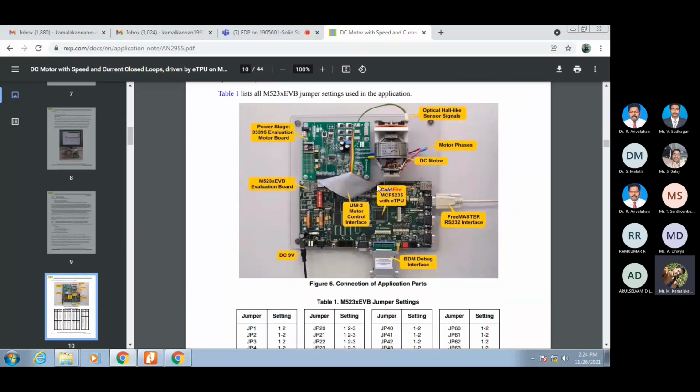So see, this is how the real-time practical is happening. This is the DC motor, and these are all the phases that are given to it. If we need the armature-based control, from the optical sensor the speed is getting manipulated. This is the outermost speed controller block, and we have the motor controller interface there. All the knowledge we incorporated is dumped over here, and such mathematical calculations are being done with the help of this motor control interface. And only then the firing angle is getting generated, and that is